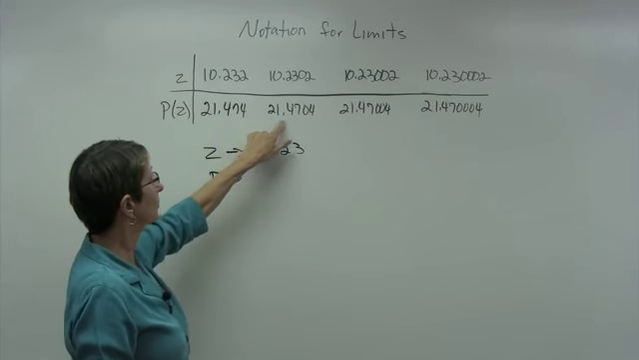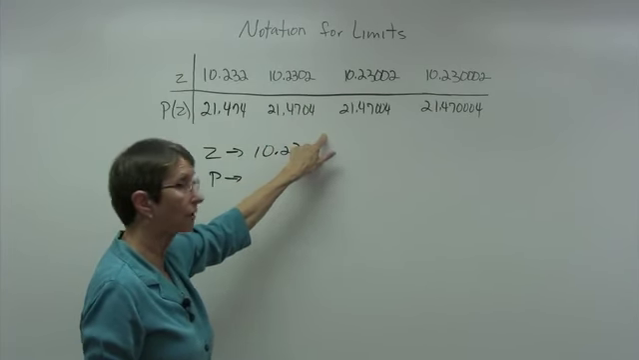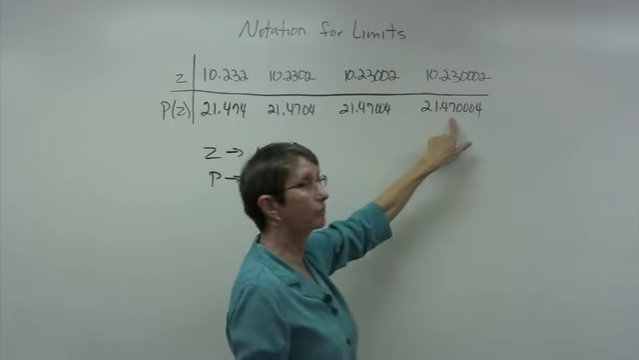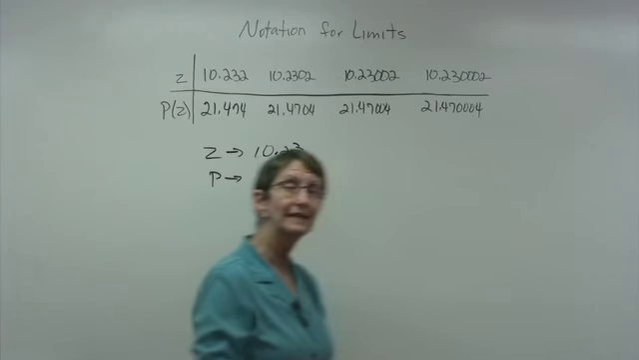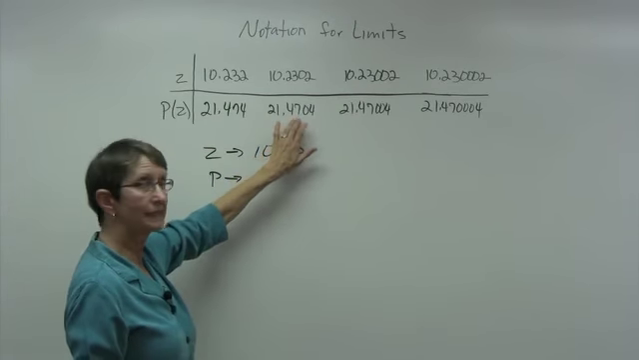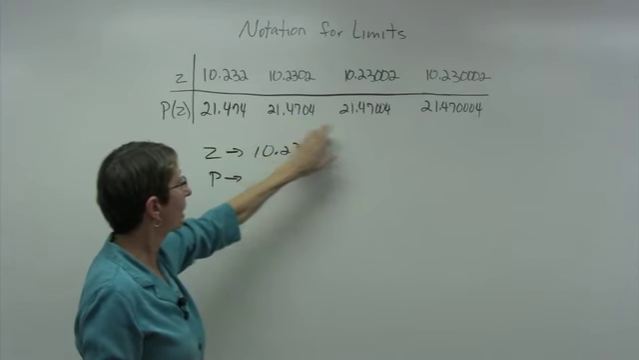21.474, 21.4704, 21.47004. So here again it looks like my first two decimal places, along with the 21, are the only parts